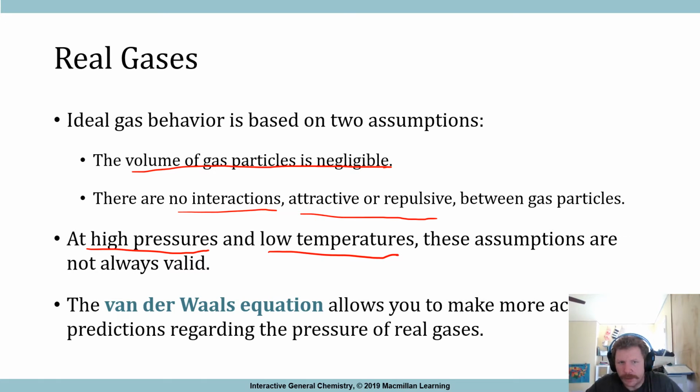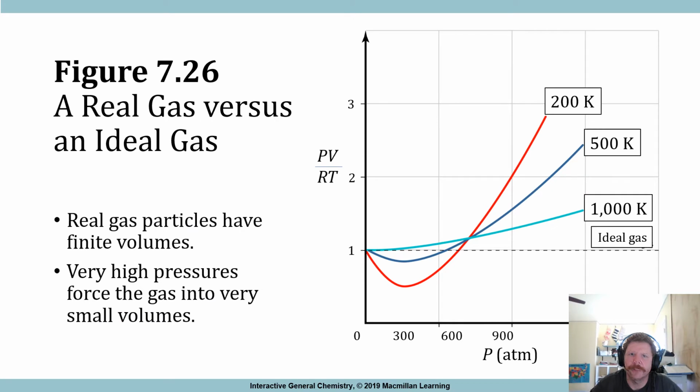The van der Waals equation allows you to make more accurate predictions regarding the pressure of real gases. What this shows us is that real gas particles have finite volumes. Very high pressures force the gas into very, very small volumes. So what we see here is a relationship between the ratio of pressure times volume divided by R times temperature, versus pressure. And as you see that temperature change,